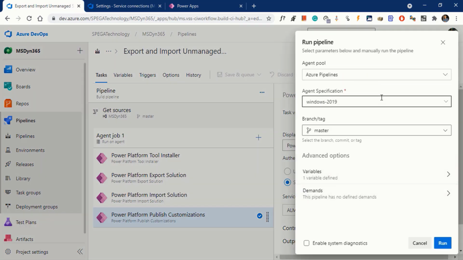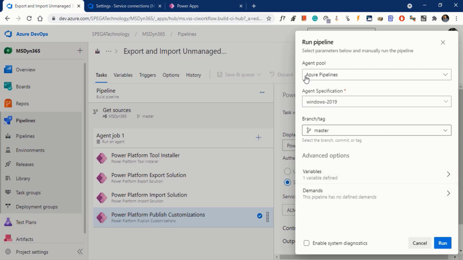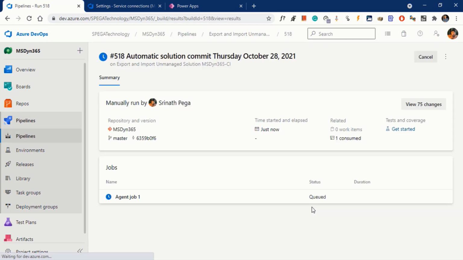It's giving the information about the pipeline. The agent pool is hosted in Azure Pipelines, then the agent specification, the server details, the branch is master, and the variables for this pipeline. Click on run. The pipeline started running. To see the pipeline status, click on agent job 1.